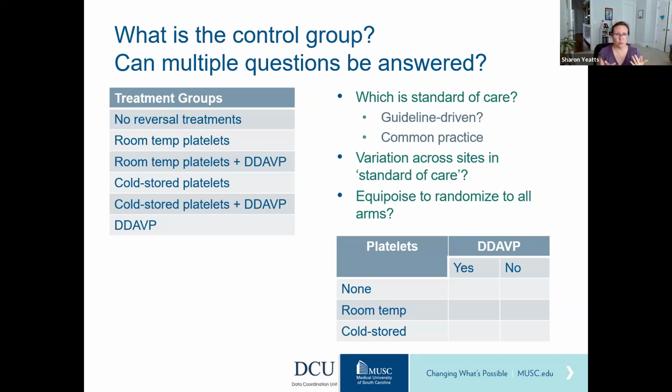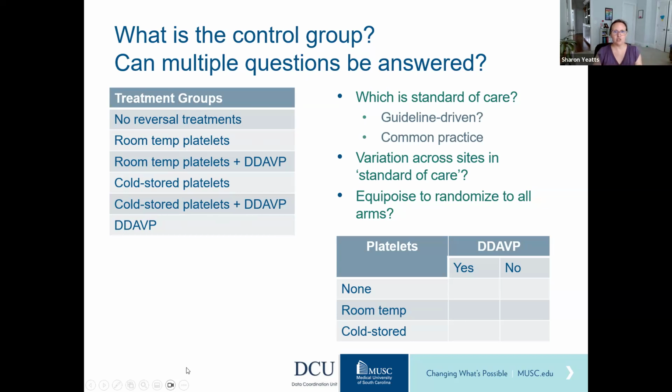There's been some discussion about, well, if there's variation across sites in standard of care, then maybe there should be an arm that is standard of care, that is sort of like physician's choice, whatever you would do. Is every institution that we're considering going to have equipoise to randomize to all of these arms if some of these arms are already common practice? And at the end of the day, what's the story we want to tell, right? Do we want to pick one of these arms and compare it to, let's just say no reversal is the standard of care? Are we trying to pick one of these 5 arms and say that it's better than no